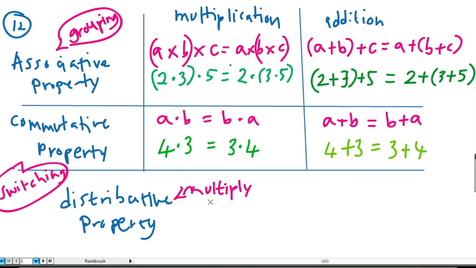Multiply out. Okay, and so what I mean by multiply out is that if you have something that looks like